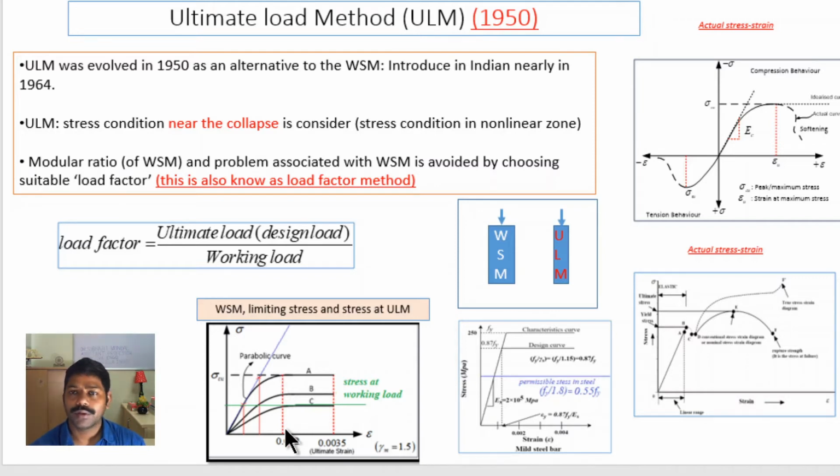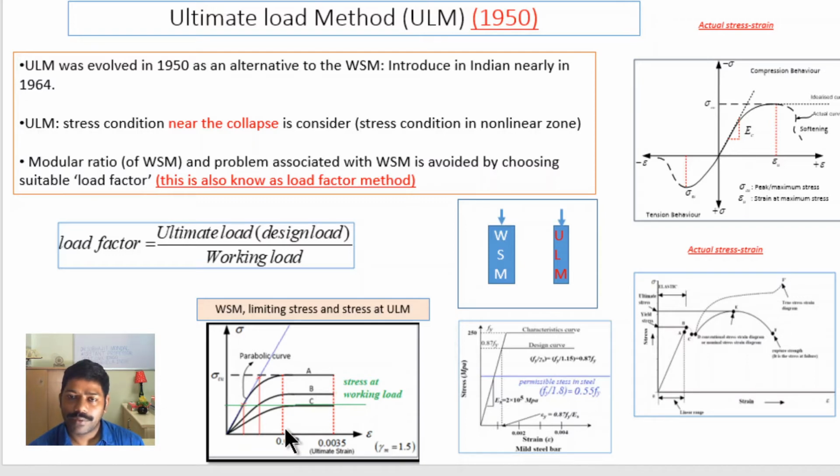Okay. So what we have learned? We have learned that in the working strain method, we are not using any load factor. What we did in the working strain method, you will find that in different combinations of load, there is no load factor there. There are only linear combinations, and among the linear combinations of different loads, we are considering the worst cases, or the maximum load occurring. We are considering that for the working strain method.